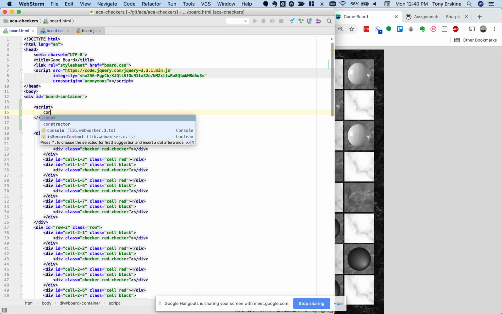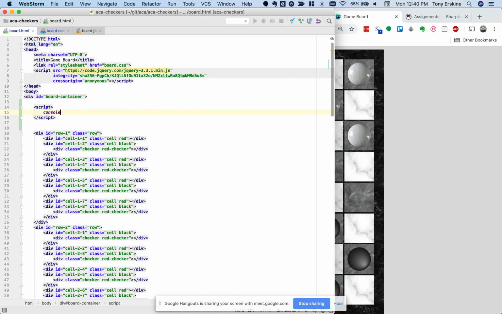I'm going to say console.log. All right, and string literals are delimited with these backticks. It's just below your escape key, above your tab key on most computers, and then you can type some stuff in,